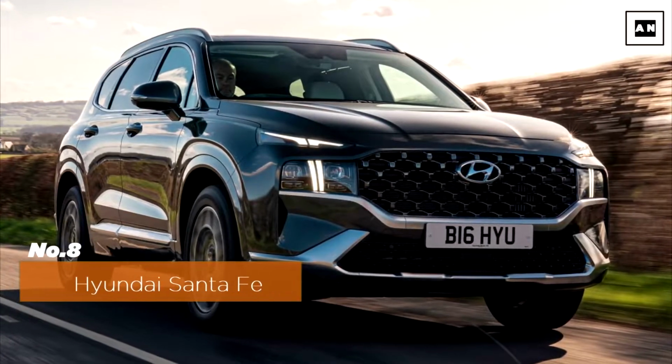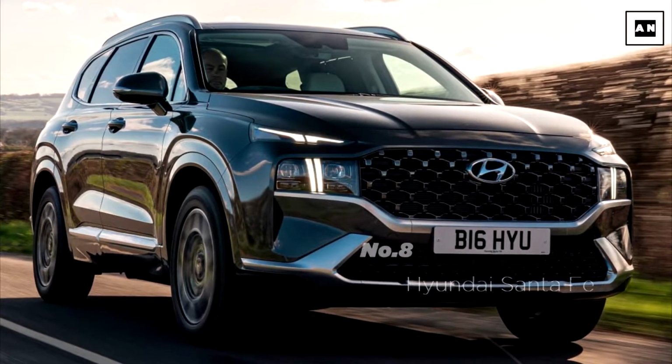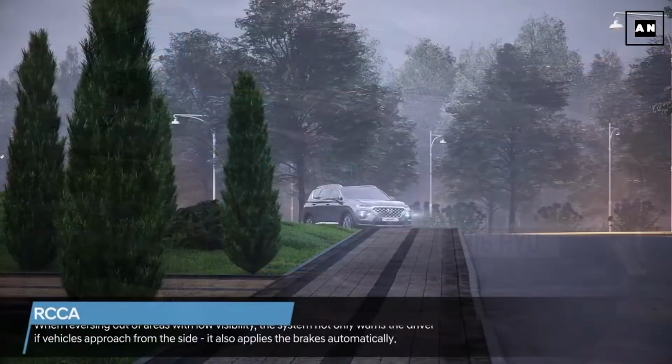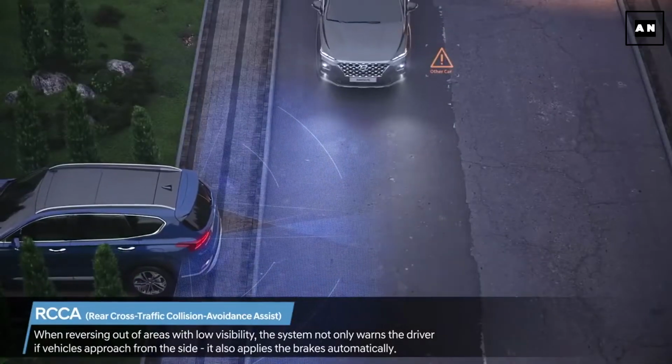Number 8. Hyundai Santa Fe. There's a lot to like in the Santa Fe beyond its 7-seater arrangement. It's more stylish than ever, is great to drive on the road and reasonably capable off it, and standard equipment